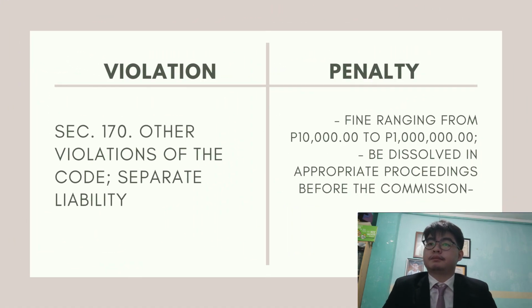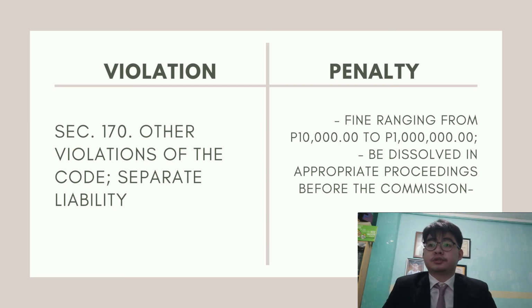Section 170. Other violations of the Code. Violations of any of the other provisions of this Code or its amendments, not otherwise specifically penalized therein, shall be punished by a fine not less than 10,000 pesos, but not more than 1 million pesos. If the violation is committed by the corporation, the same may, after notice and hearing, be dissolved in appropriate proceedings before the Commission,